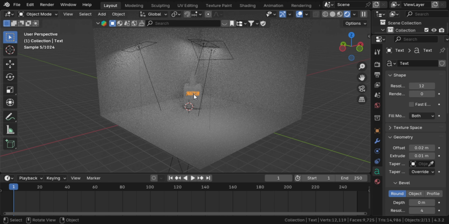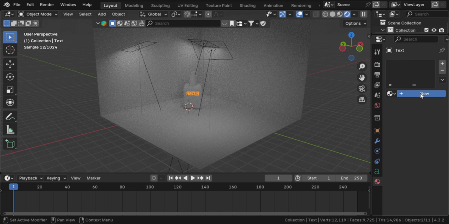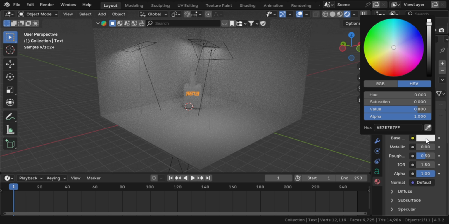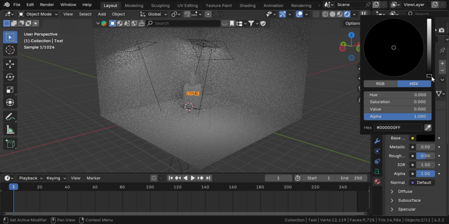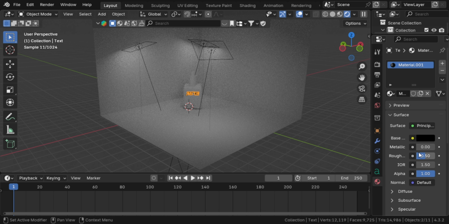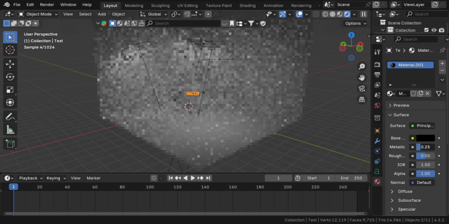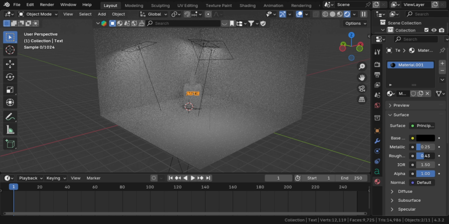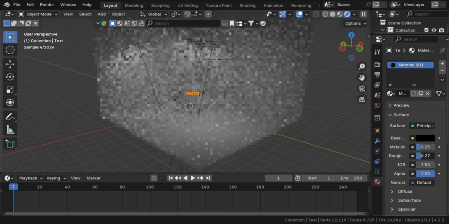Now I will select the first text, go to this material and add a new material. From here you can change the text color. So I really want the color to be black, and I'll decrease the hue, saturation, value to 0, and also I will make it 0.25 metallic. I'll decrease roughness also to 0.25. Okay,